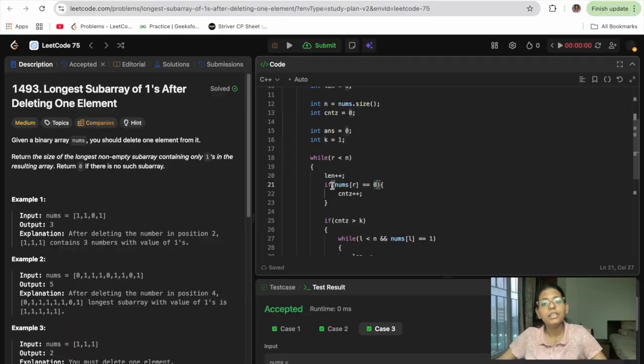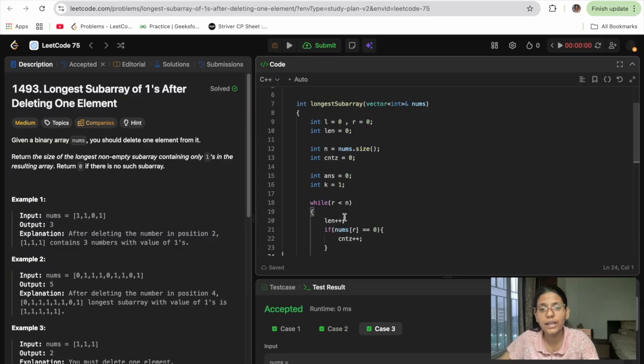And then we'll see if the number at that r is 0, then I can count the number of zeros, count z plus plus, and I can delete that 0 and I can go further. So I'm not executing this block.